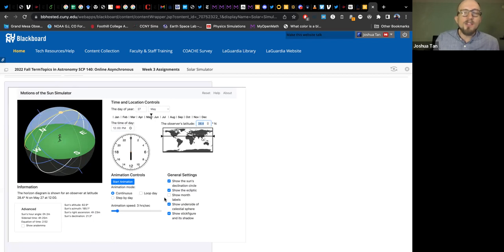There are a number of other settings that you can indicate, and you can change the animation as well. The animation right now basically runs the clock as you would see it over the course of the day. You could run that day over and over again. That's what loop day means. Or you can step day by day to see how the sun might change over the course of the year